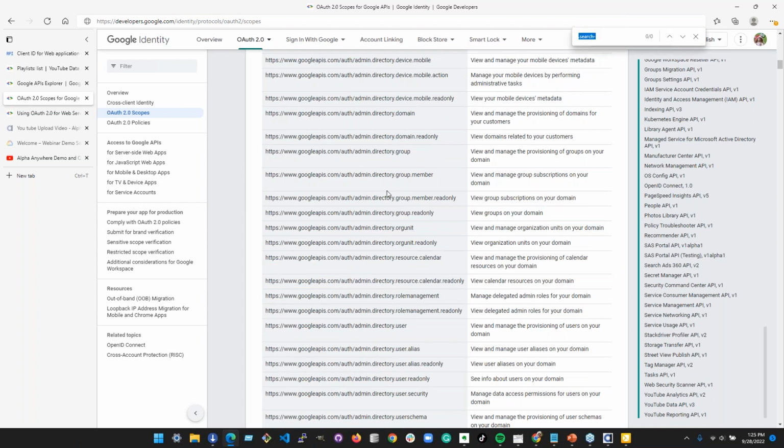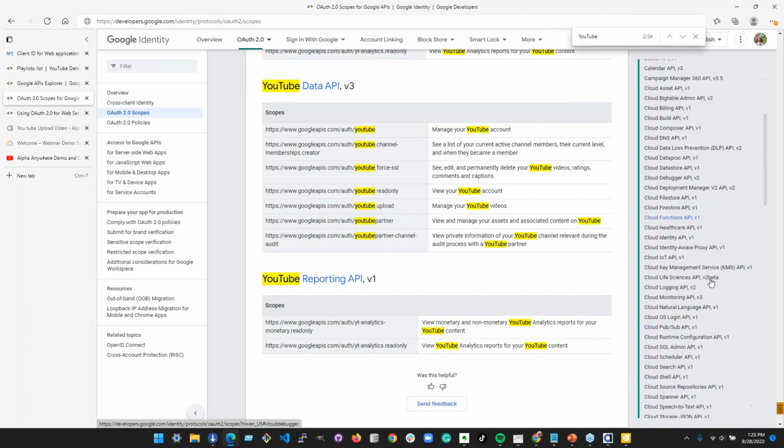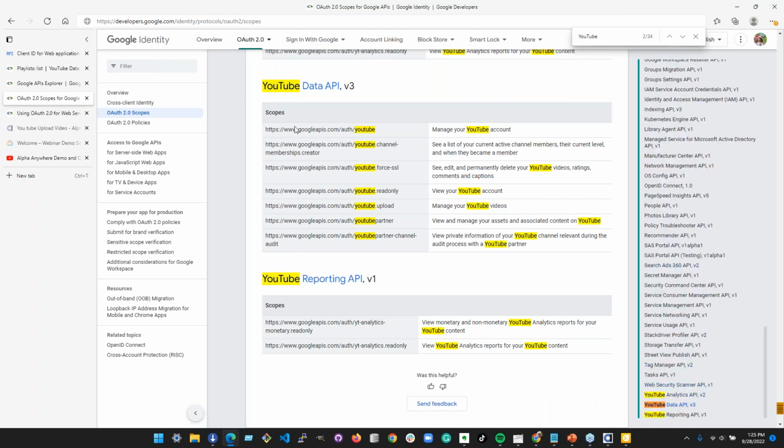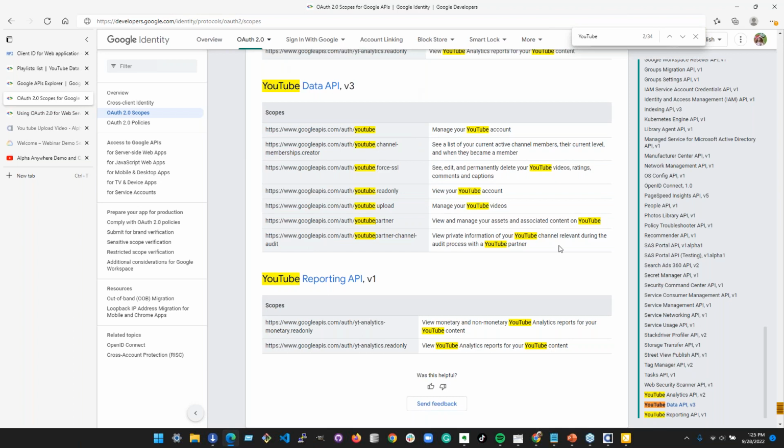But for the purposes of YouTube, YouTube Data API v3, which is down here on the corner, there's a slightly quick way to jump down here. This lists all of the scopes that this API might require. So one is manage your YouTube account.